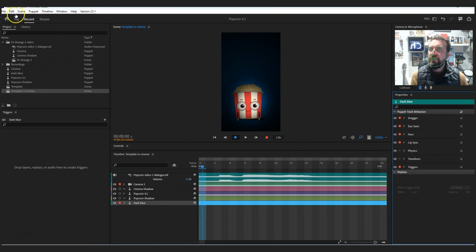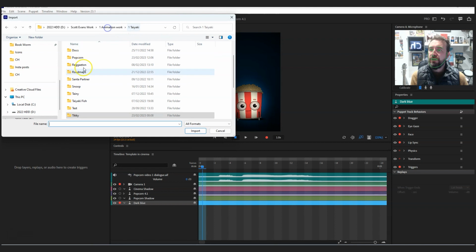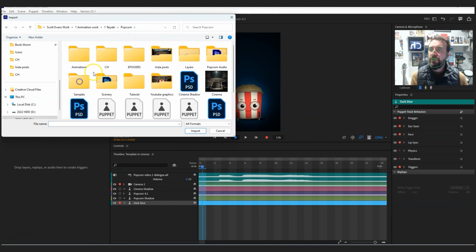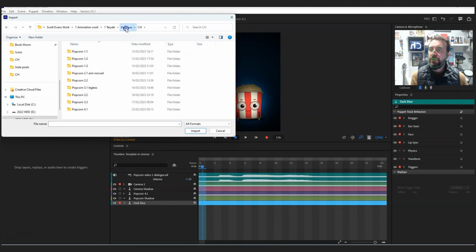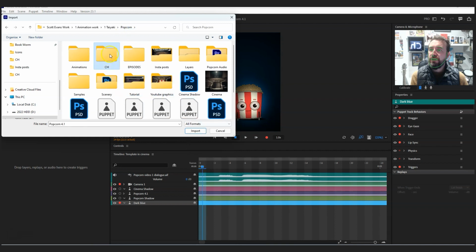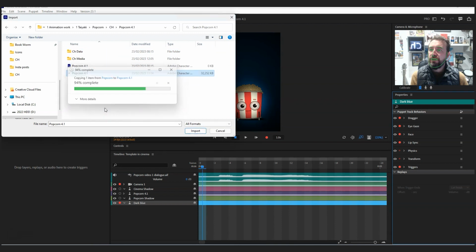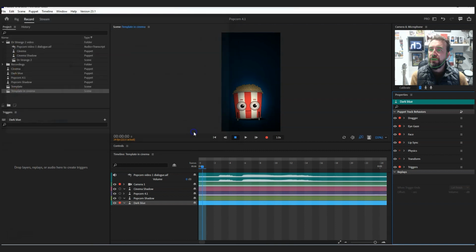So if we go to import, and let's just find popcorn CH. In fact, I'm just going to copy this. I'm going to drop this into 4. So when you unzip your file, you're going to see the purple one, which is the master file, which is all the scene and everything set up. But the white icon is just for the character on its own. So for any reason that your character is not working, we can re-import the puppet file,